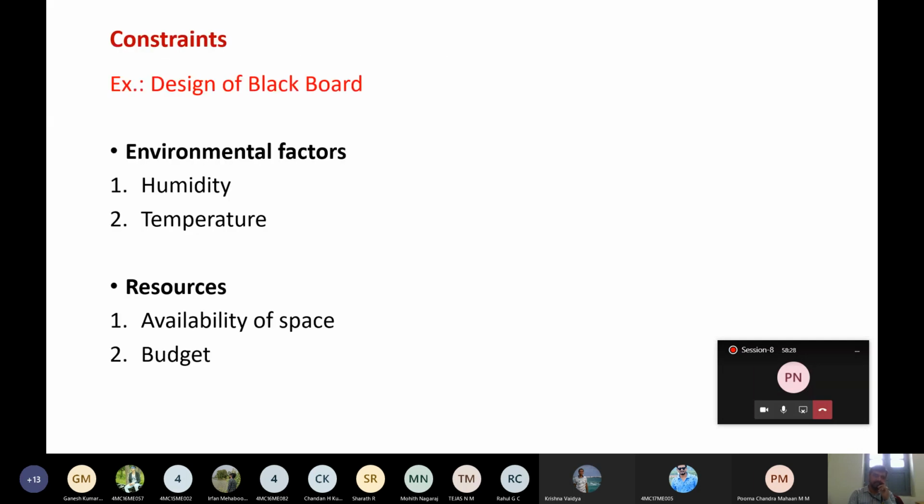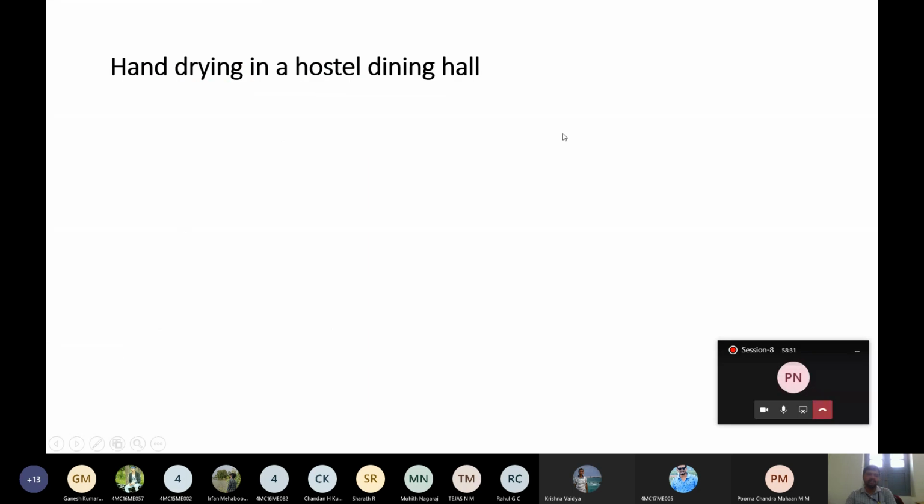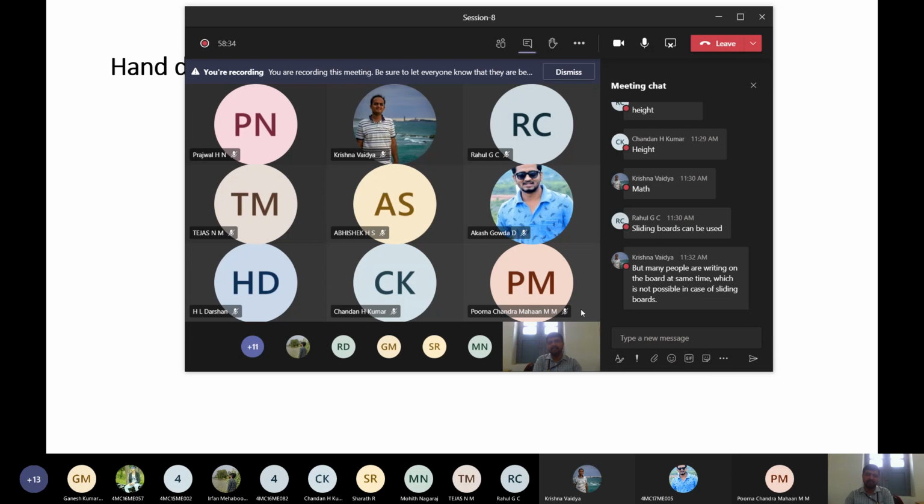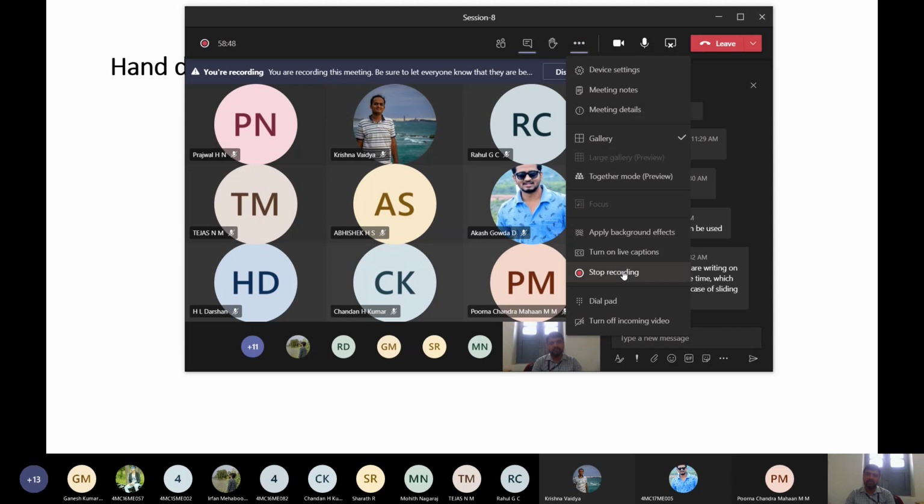Next, I will continue in the next class with the Android in a hostel dining hall. This is the last topic of the second unit. In the second unit, you have only very few topics. So I will complete the second unit in the next class. If you have anything to ask,